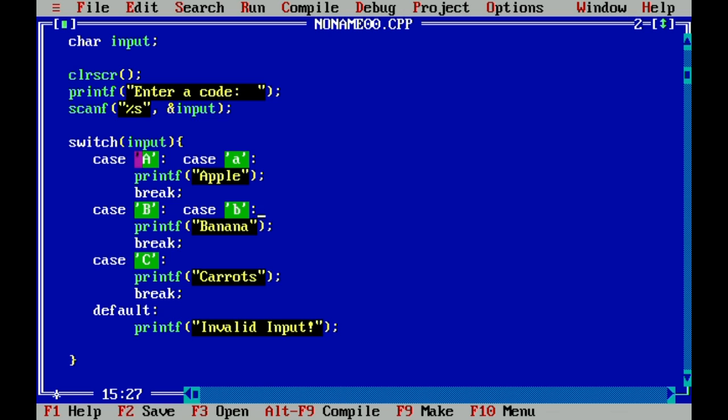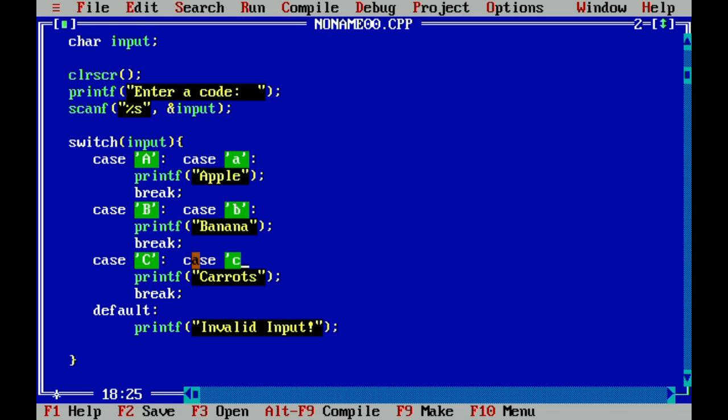Just simply type case 1, case 2, case 3 if you're dealing with numbers. But since I am using a character, I am using a single quote for one character. So for C, let's continue.